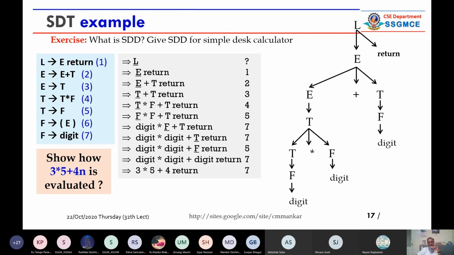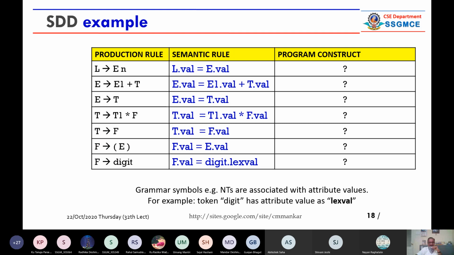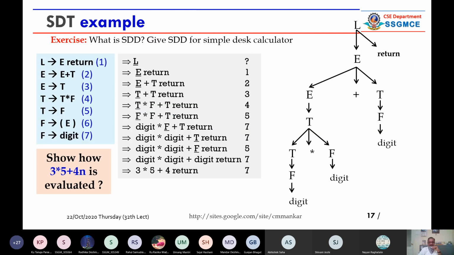So I think today it is enough. I will just show you only one slide. To derive meaning, as I said, you have to first generate the syntax tree and then apply meaning to each node in that tree. You have to decorate it. You have to put values into the attributes. There can be different types of attributes, inherited or synthesized. In the next session, we shall see the difference.